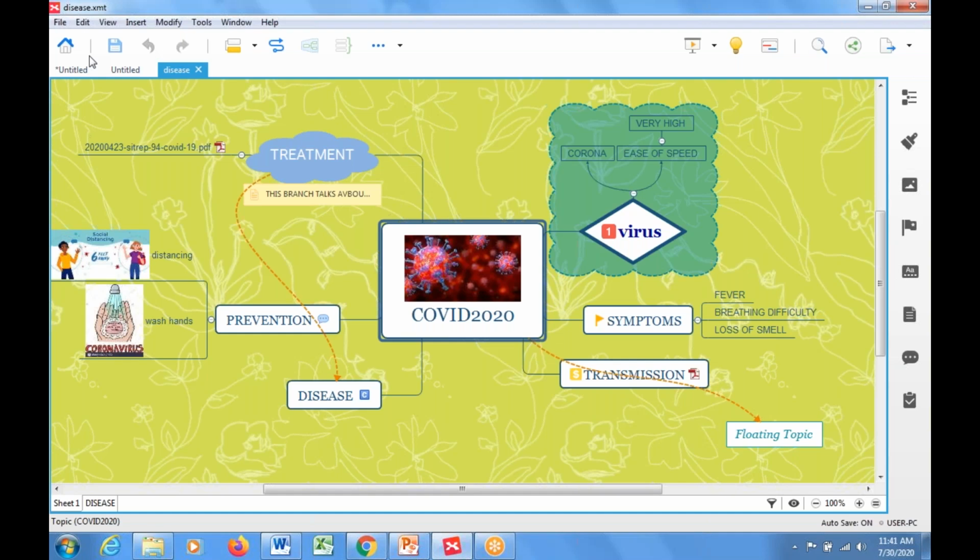Since this is a free version, there are some items, some tools, some tips which are available for the pro users. They may not be available for the free version users, just something like this. But still, I'm feeling that this is very simple to use software. Anybody can download and make use of it. It's very simple. Once you start exploring this, once you get mastery over using this particular software, then you can go on exploring all other mind mapping softwares.